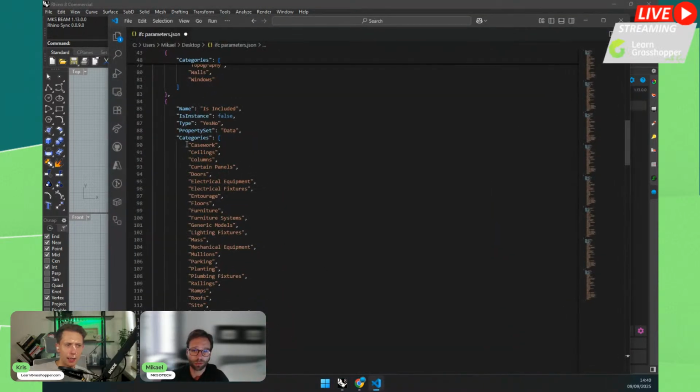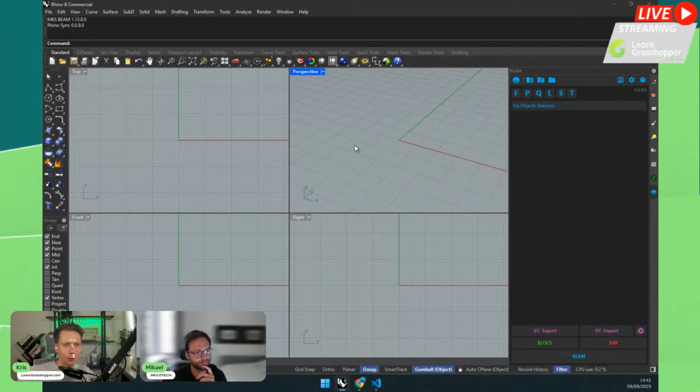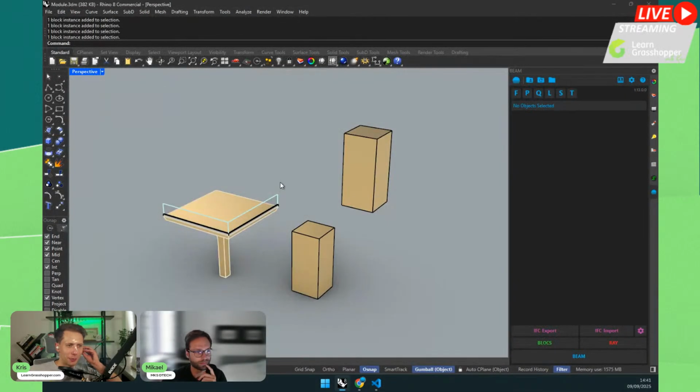And if you prefer, you can also modify this file rather than using the UI to create the parameters, or use Grasshopper. So you have many ways to create parameters. Yes, Chris? Or you can also use ChatGPT, which is amazing with editing JSON files. If you are not familiar with JSON files and you don't know what these exclamation marks and parentheses mean, you can just copy it to ChatGPT and ask it which parameters you would like to edit. So it's also a great way.